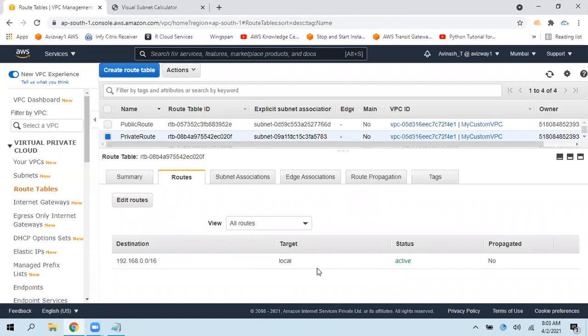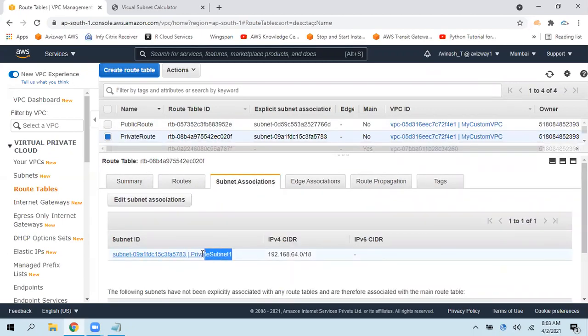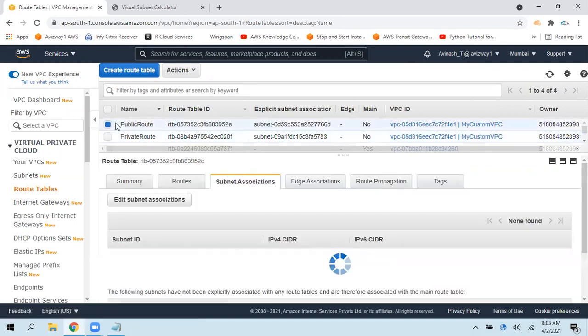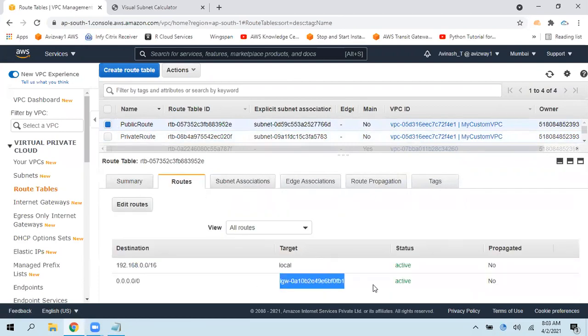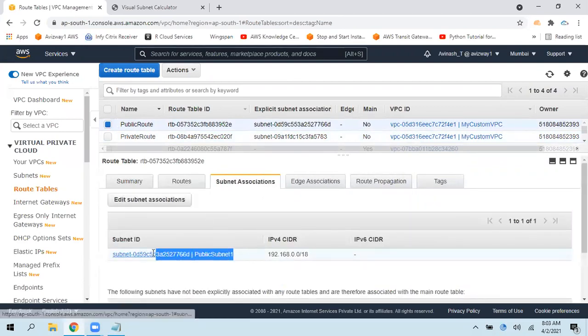And now, do we need to add a route via internet gateway here? Not really required. If you add a route via internet gateway to this private route table, then whichever subnet is associated here, there is no meaning for the name you have given so far. Whatever name you have given, there is no meaning. For this one, we have a resource that can provide the internet, so this becomes an internet facing subnet.